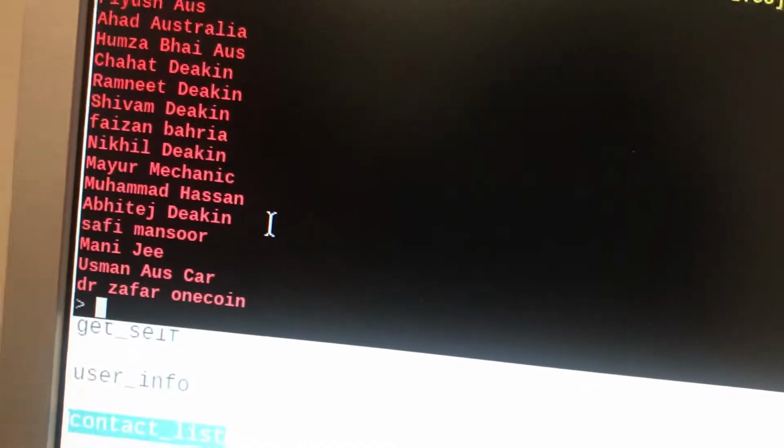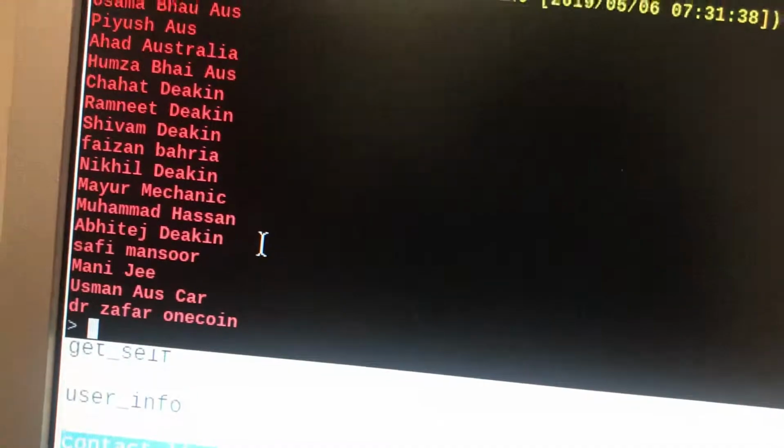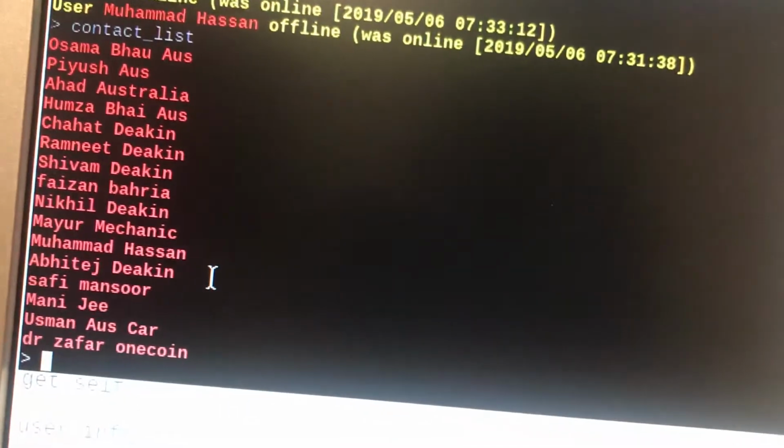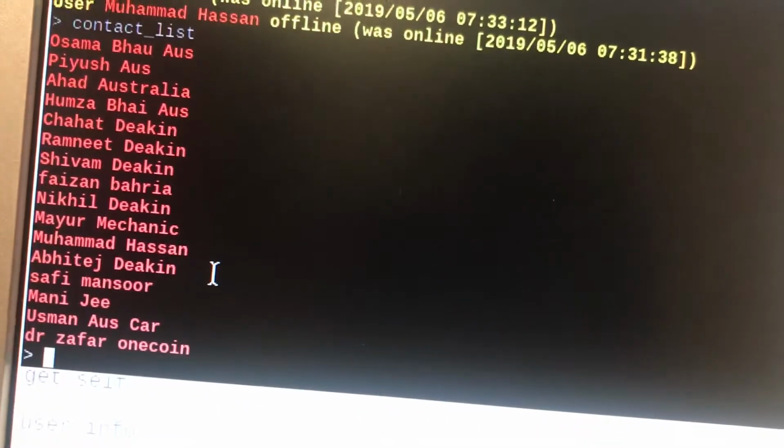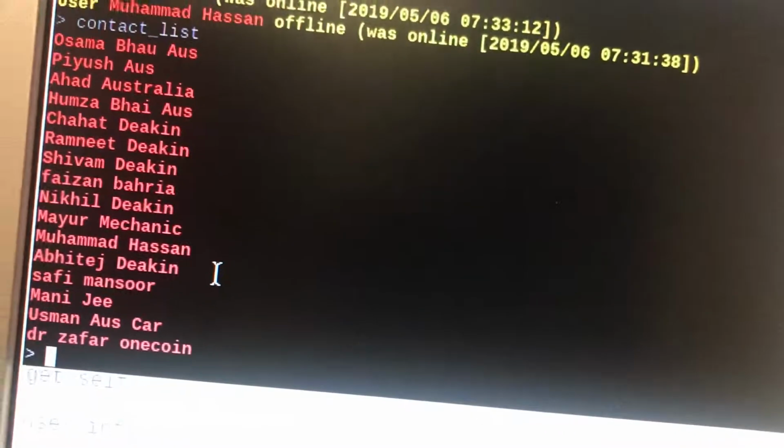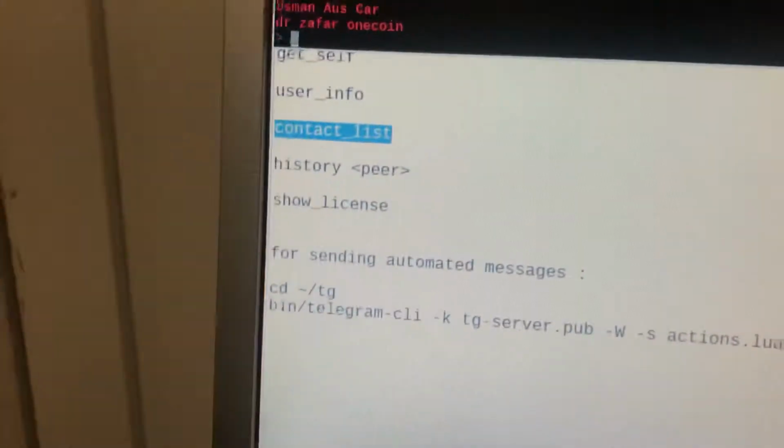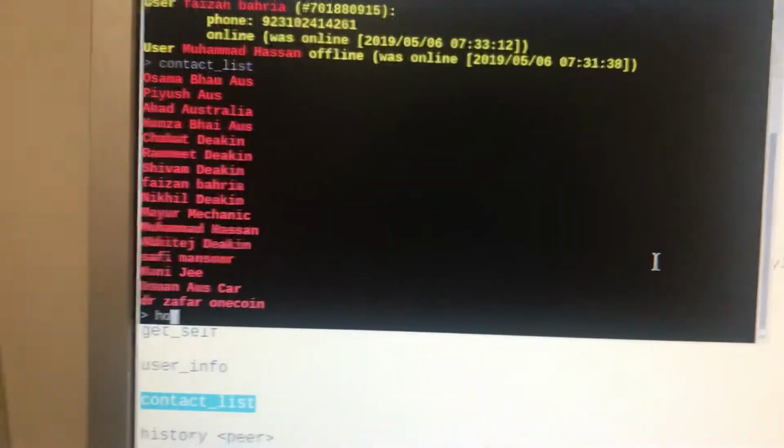As you can see, all of my contacts are being placed here. So what it will do is show you all the contacts you have in your Telegram CLI app. And the next thing I will do is show you the history of the chat. For that,